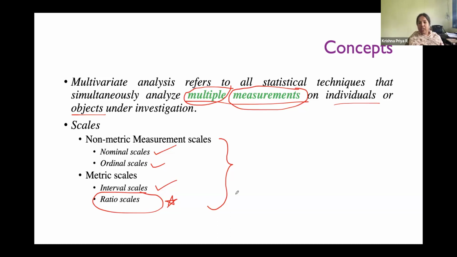Just because ratio scale is the most dependable scale or the most preferred scale, I just cannot put my research into ratio scale, because it does not work for the nature of my variable, right? So what decides the scale is the nature of your variable. Now, once we have defined it, let us now see